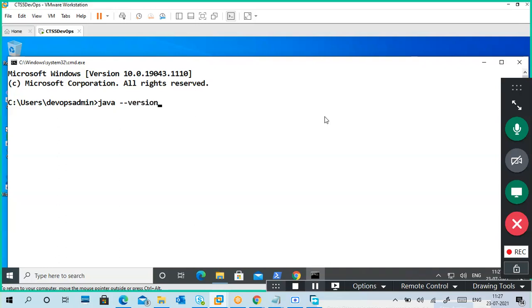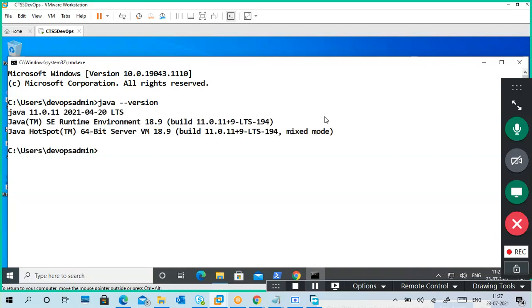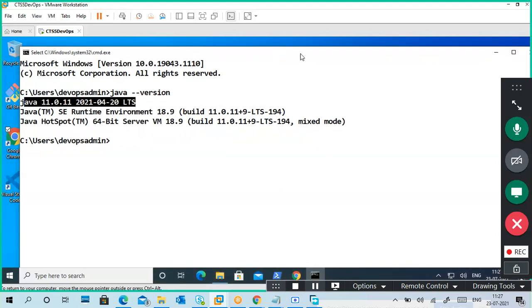By default, there is some Java version inside with the Oracle kind of stuff, not the JDK version. It is showing Java 11.0.11, that is good.